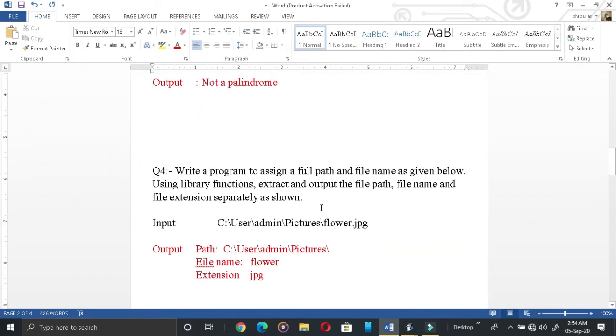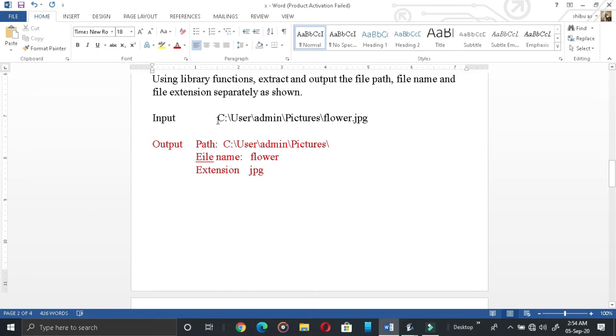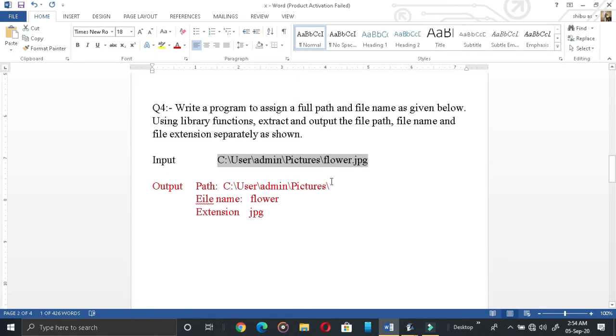Now look at the next example, the fourth one. Write a program to assign a full path and file name as given below. You read the question, no problem. You need to enter a string like this. Those who know the DOS operating system, or otherwise have observed the file structure of Windows, will recognize this is a path, and this is the extension.